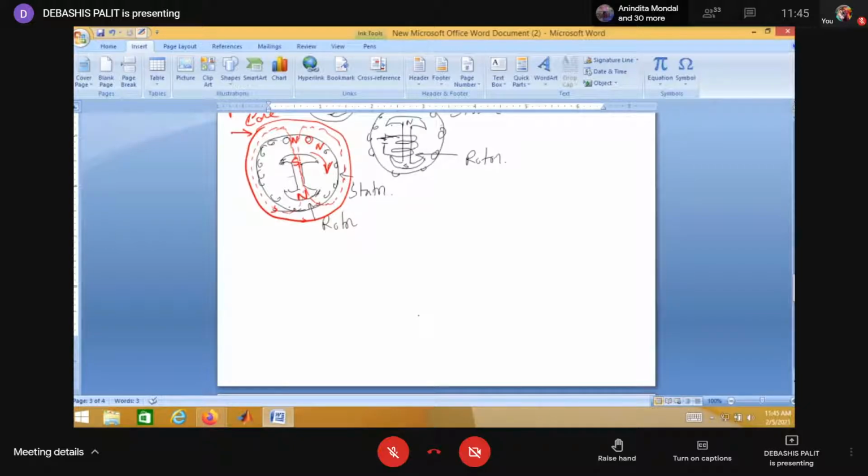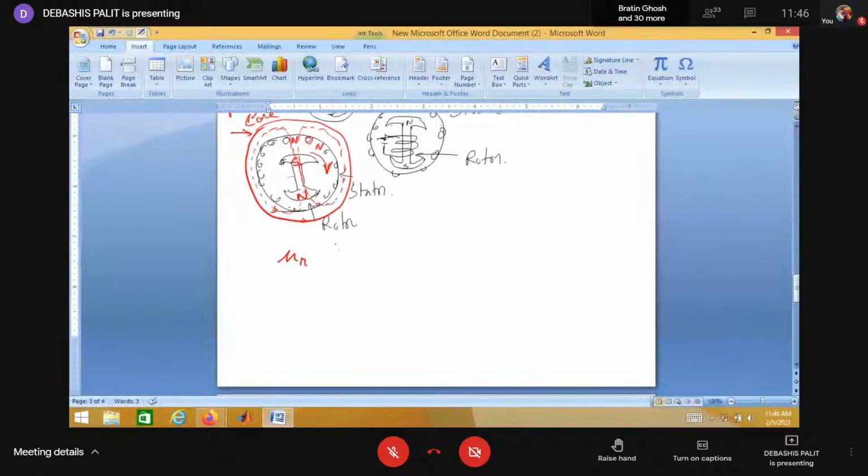Another dissimilarity is there. In the case of a magnetic circuit, the value of permeability, that is mu, is not constant. It depends on residual magnetism. Permeability varies with the variation of flux. Actually, it varies with the flux density. So the reluctance of the magnetic circuit is not constant. So if you draw the BH curve, you know the BH curve? If you draw the BH curve, yes, sir.